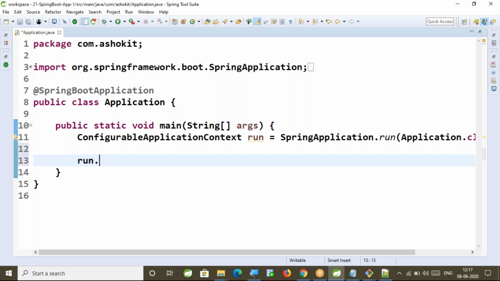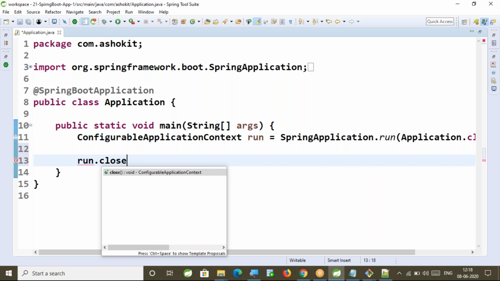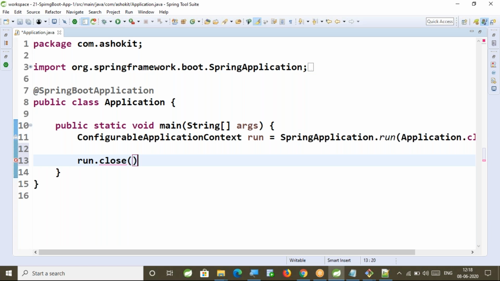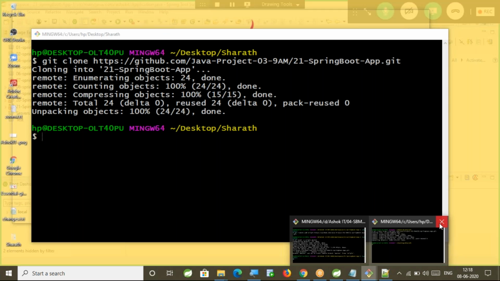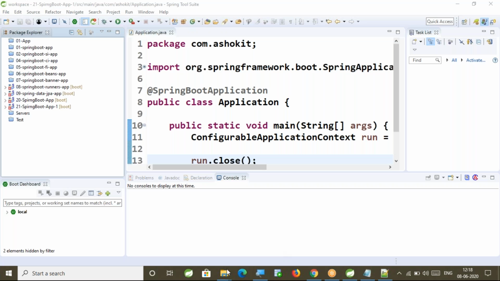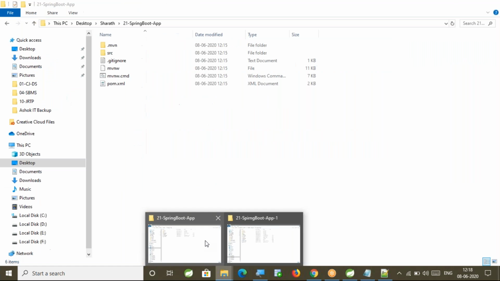I just want to close my context object. That means I have modified my code here. Now go to Git Bash and see how to push those changes which are modified.